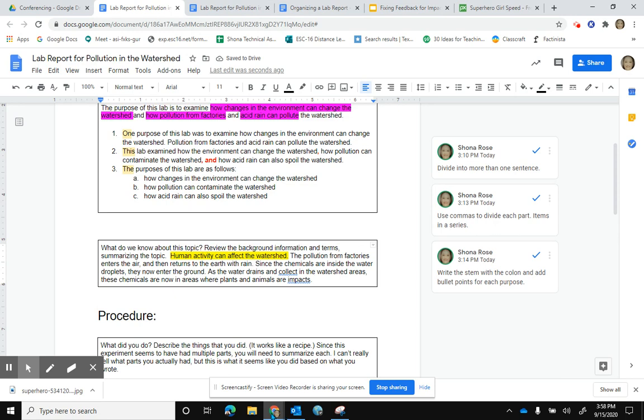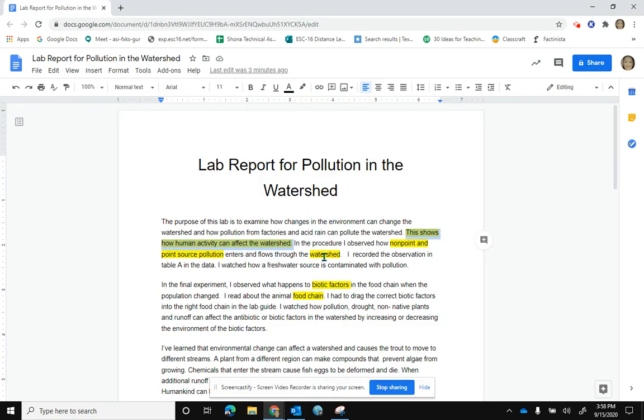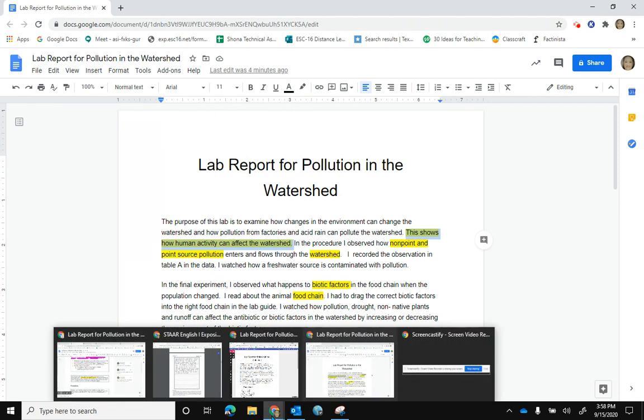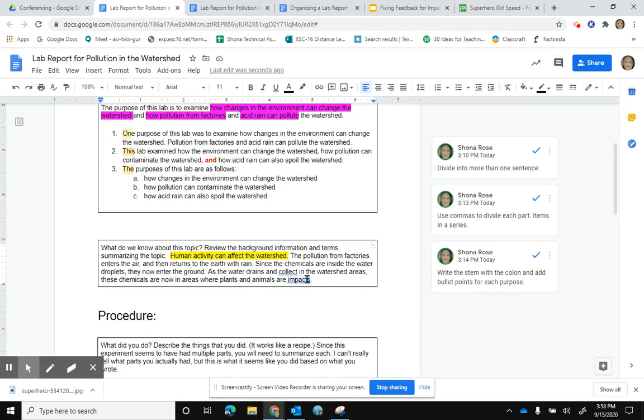You also talked about non-point and point source solution, and I honestly don't know what that is, and I don't know what biotic factors are, but you would have to figure out how you were going to describe what was happening with the watershed area. You've got to connect the point and non-point concepts to the watershed, and you've got to connect the biotic and non-biotic or abiotic to the watershed areas that are right there.